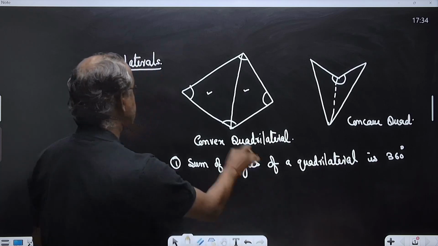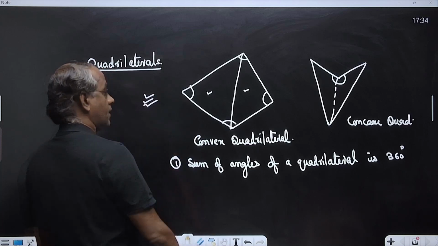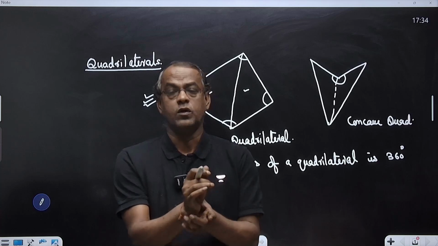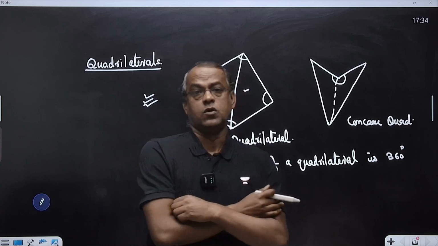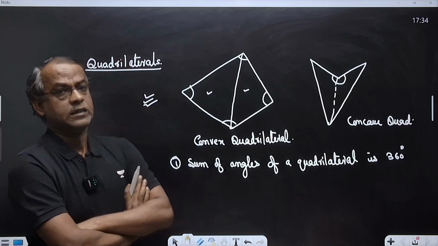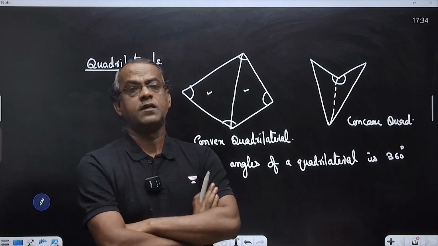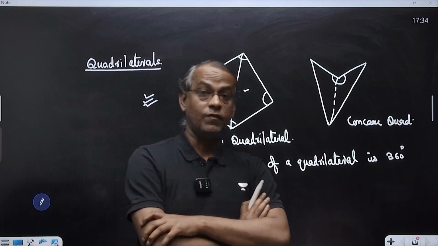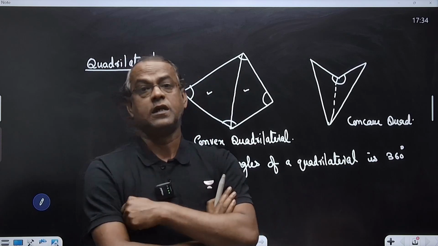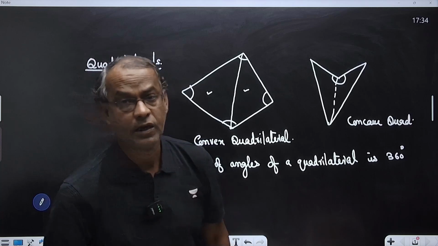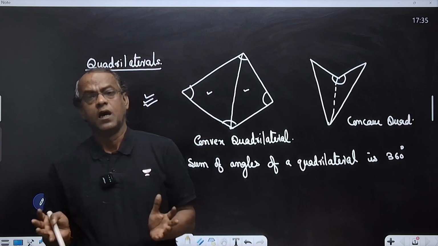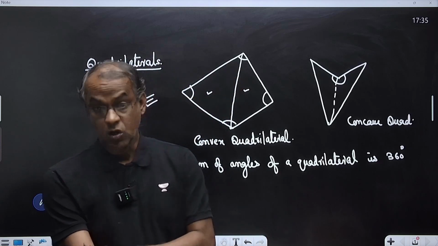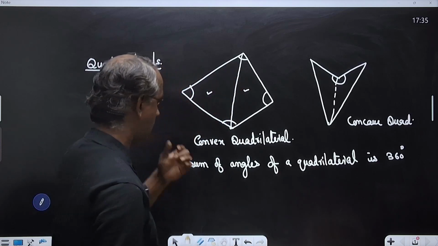Now, we generally discuss convex quadrilaterals only. Most of the properties, most of the things that we come across, are related to convex quadrilaterals. Unless specified, we treat quadrilaterals as convex quadrilaterals. It is expected that we are explicitly told which quadrilateral we are dealing with, but invariably the conventional way is to treat a quadrilateral as a convex quadrilateral. Okay. Now,